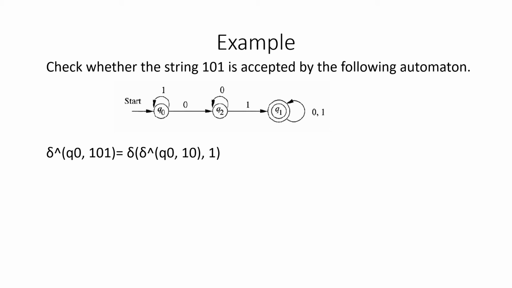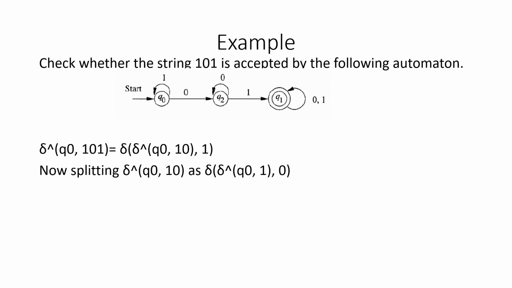Okay, we'll just illustrate that with the help of an extended transition function. So in this given automaton, q naught is going to be the starting state. What is the input string I am going to take? Let this be 101. Okay. So how have we defined the extended transition function? If you have a string, you split the string in such a way that you remove the last symbol from it and the remaining part you consider as a string. So in our example, we have a string of length 3. So the last character is taken out and the remaining one is taken inside, right? Now again, we have to split this 1 0 and then we get epsilon, that is the empty string, and 1 0.